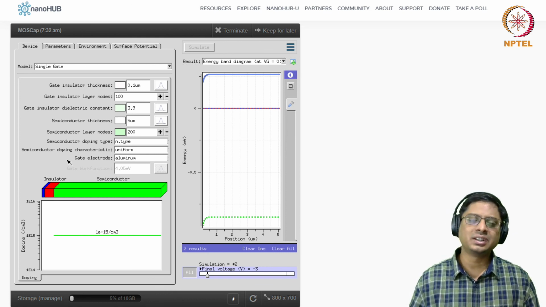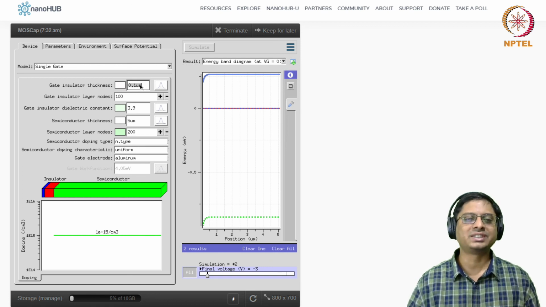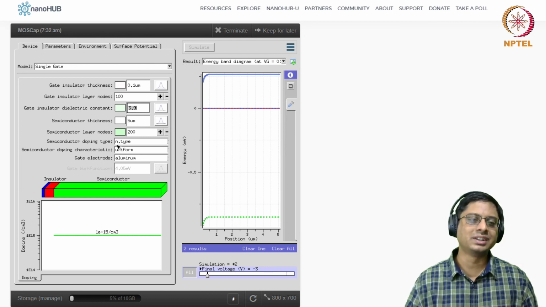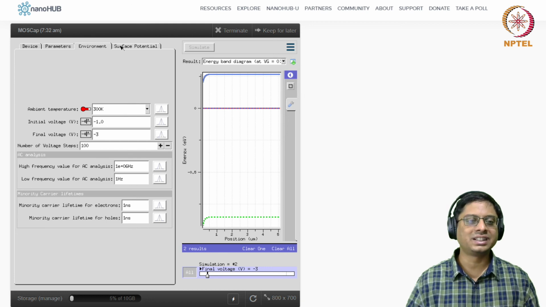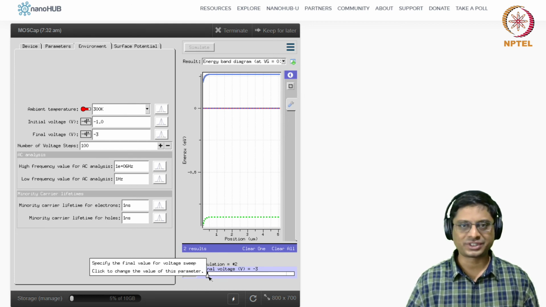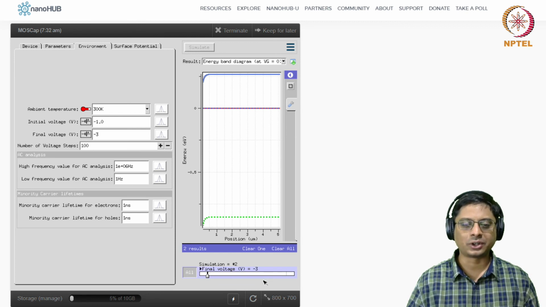Increase, decrease, play around. Let's say what happens if you change the oxide thickness, right? Or if you change the permittivity, what happens? It won't help much if you change the thickness of the semiconductor, but definitely if you change the gate, it will change, right? So you see some of these things and see if you can analyze, okay? You'll have a lot of questions, I'm sure. You will not be able to understand a lot of it, but it is good to have those questions.